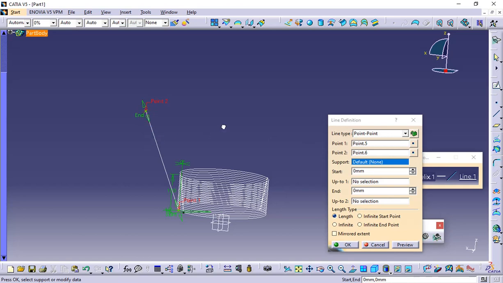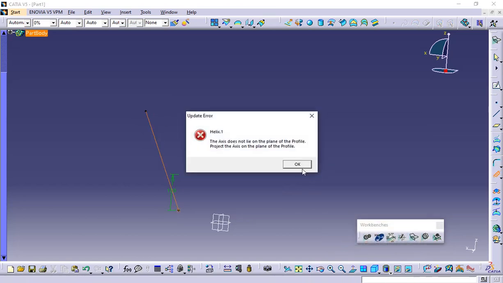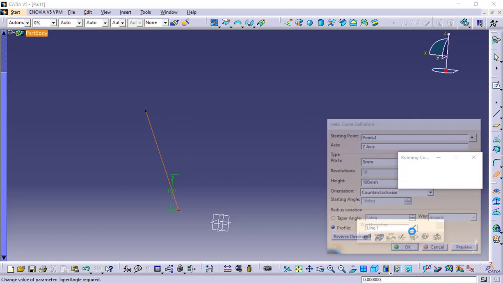You can just drag, click OK. So it is showing